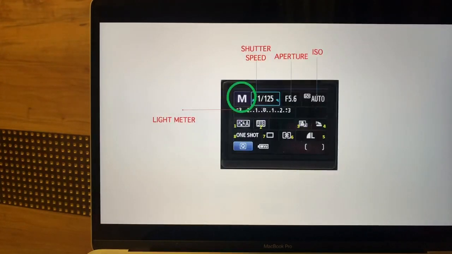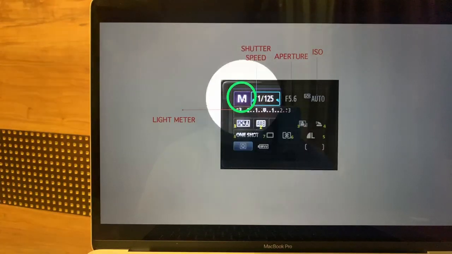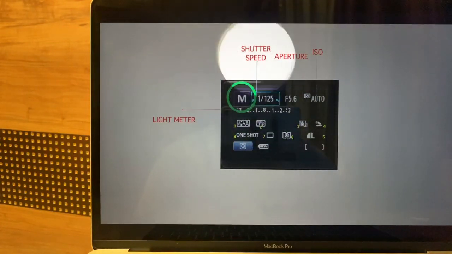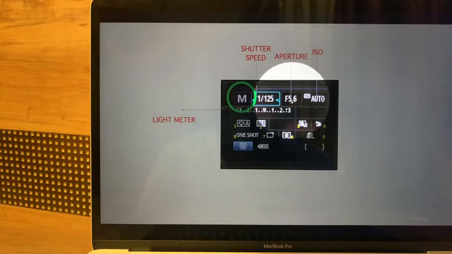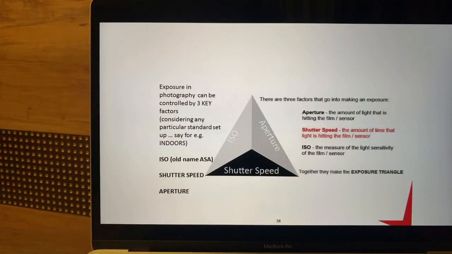So how do they look on the camera? This is a screen of a Canon camera. It typically looks like this. On the top left, it is the mode of the camera. M means manual mode. The camera is on manual mode, so we control the settings. On its right, I have a fraction like 1/125. That is my shutter speed. On its right, we have the F number, which is also called aperture. But let's stick to F number only. We would prefer not to call it aperture for the time being. And next to that, we also have ISO. So these are the three settings that together form the exposure triangle or the exposure pyramid.